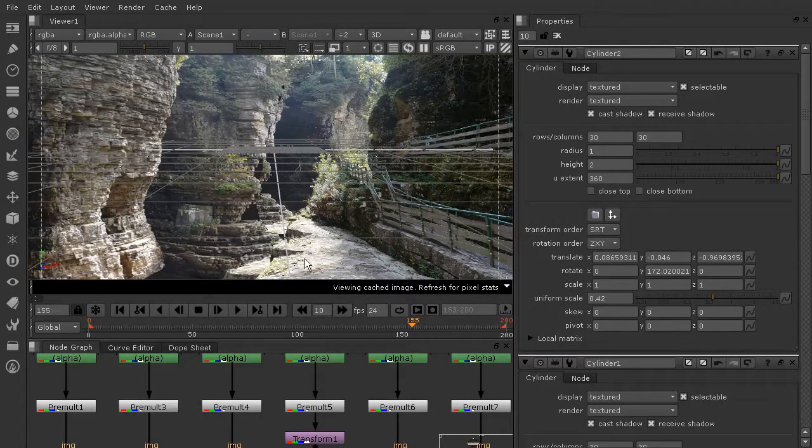Okay, so let's come back in our next lesson, add our camera, and then we'll really be able to tell if we've positioned these correctly and start making some fine tuning to this roughed in placement and size that we have set up right now. So let's come back in the next lesson, add our camera, and